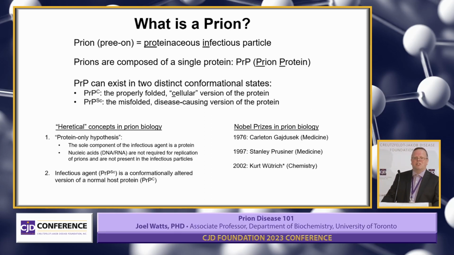Because these diseases are so interesting, a lot of people have started researching them, and there have been 2 Nobel Prizes awarded for prion disease. Carleton Gajdusek first showed that Kuru and CJD are actually transmissible or infectious diseases. And then probably most well-known, Stanley Prusiner won the Nobel Prize for coining the term prion and outlining this infectious protein hypothesis. And I'd like to say that there's a third honorable mention prion prize too, as Kurt Wüthrich won it for a technique called NMR spectroscopy, which is used to determine the shape of a protein. But the most famous protein shape that he determined was the prion protein.